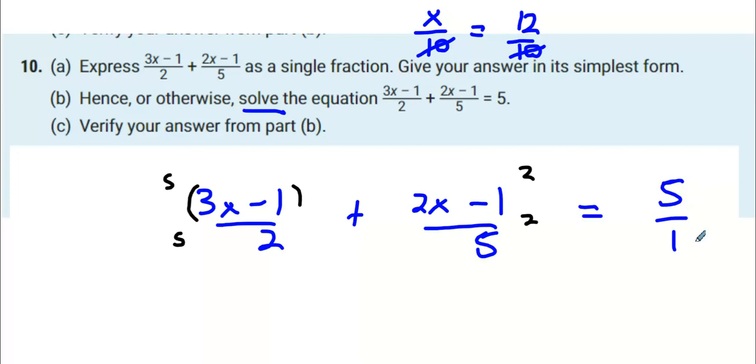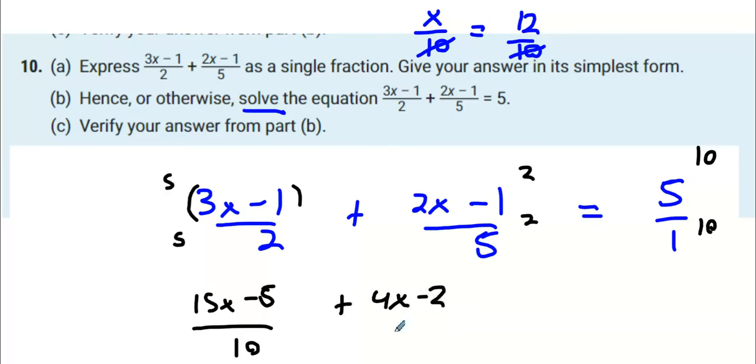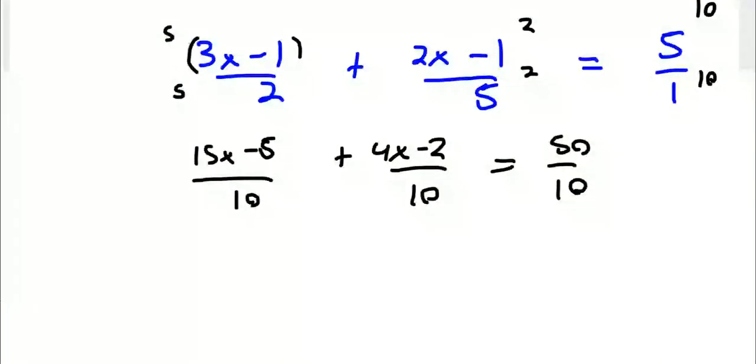What are we going to do over here? How do you turn 1 into 10? 10 top and bottom. So we're going to get 15x minus 5 again, all over 10. We're going to get our 4x minus 2, once again, all over 10. And we're going to get our 50 over 10. What happens next? What happens to the 10s? Why did it disappear? The solved question, isn't it? And there are 10s on both sides. Add them together, what's it? 19x minus